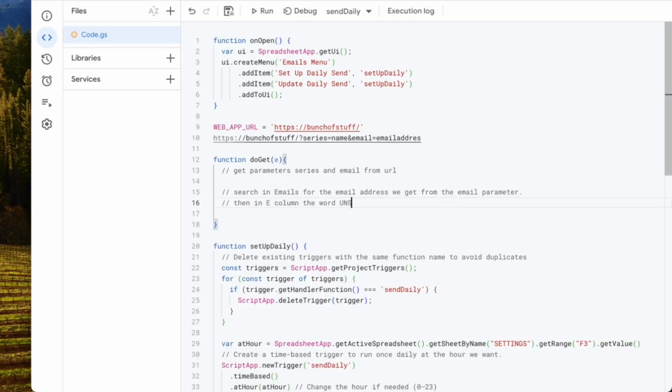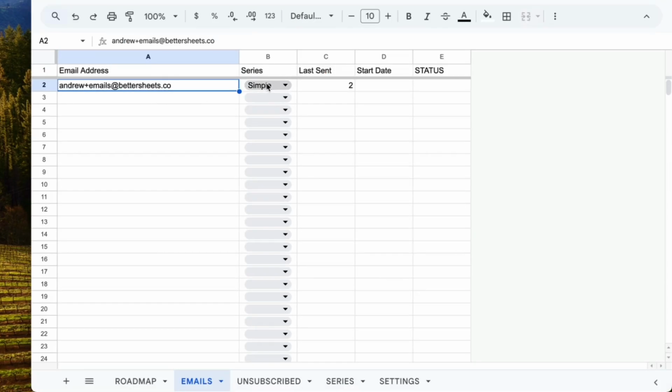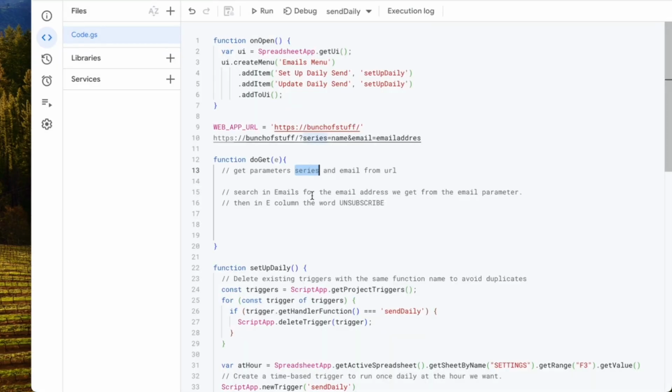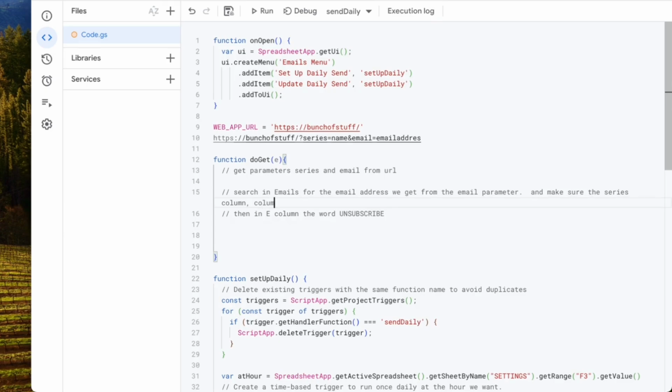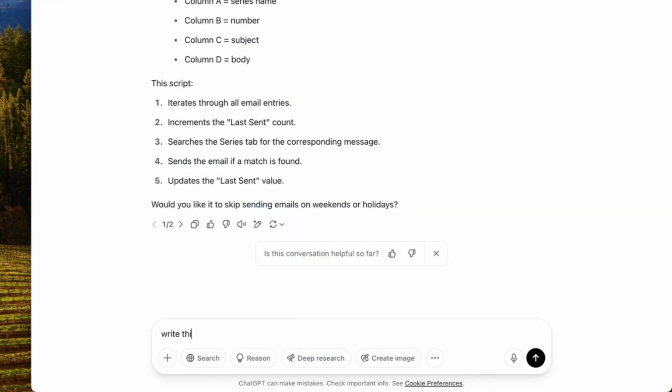No, sorry, unsubscribe. Let's save this, because we also want the series. If we're sending the same email address, different series, and B column, get parameter, search in emails for the email we get from the email, and make sure the series column B is the series from the parameters from the E. There. So let's put this into ChatGPT and ask it to write this. Write this to get in app script